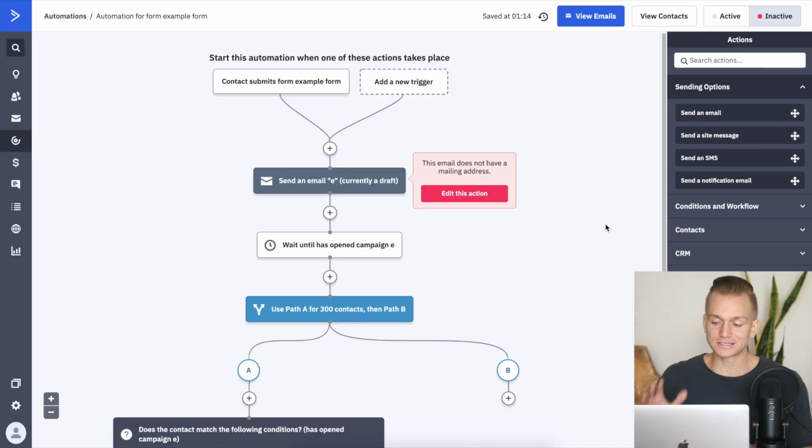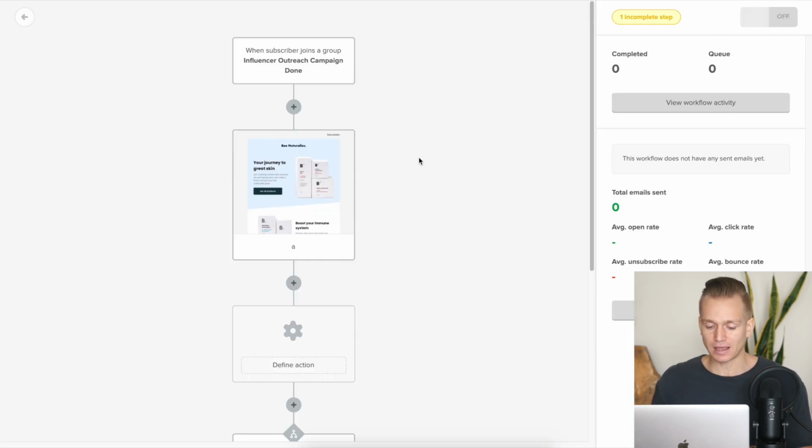Alright, so first of all, let's start out with automations, and I'm not going to go through every little step, but I'll just tell you what exactly it is that differs between these two platforms. So if we look at MailerLite, they actually have a very easy to understand, very simple automation and all of that. And they have, I would say, the vast majority of everything that you will need.